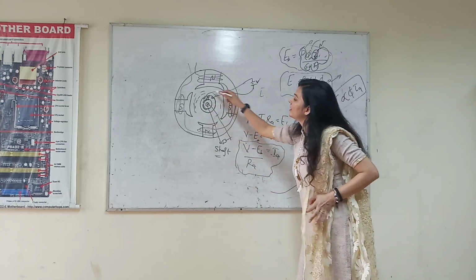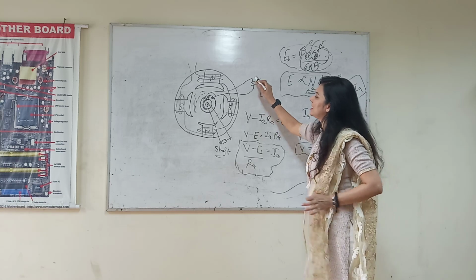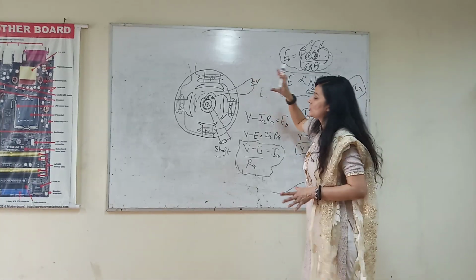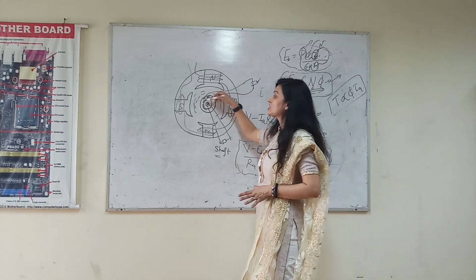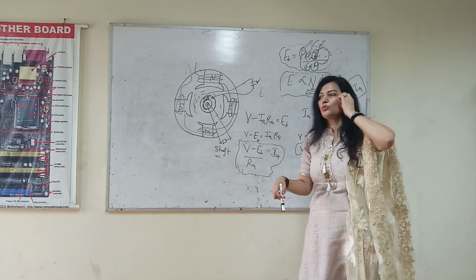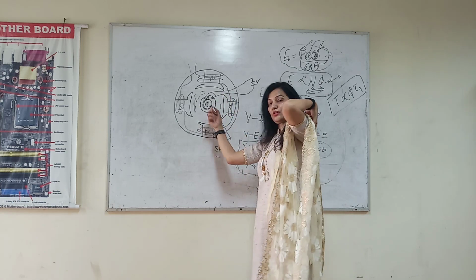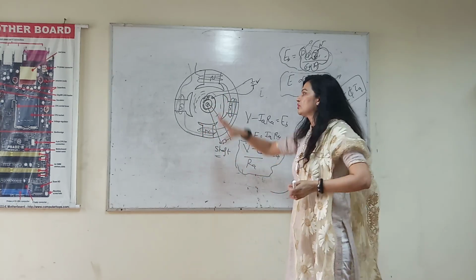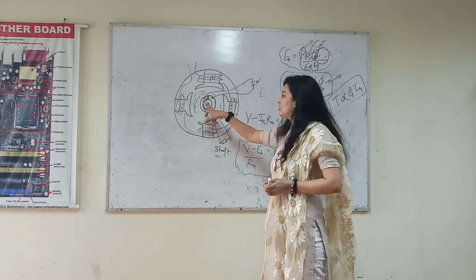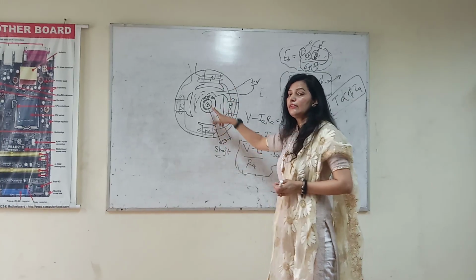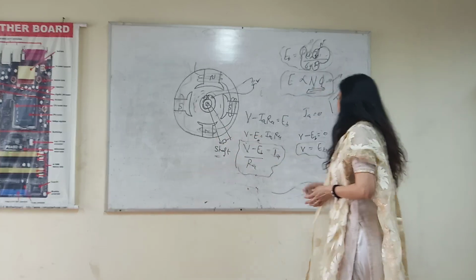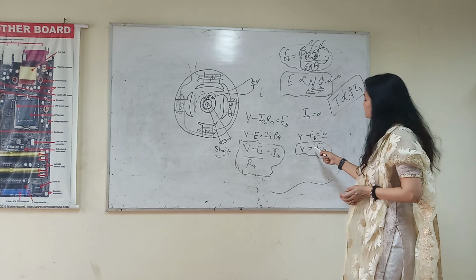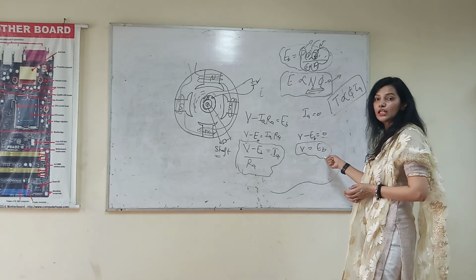यहाँ पर जो current flow हुआ वो किस वजह से? कि हमने armature terminal को supply दी, तो armature conductors में से current flow करना शुरू किया, जिसकी वजह से force exert हुआ conductors पे, और वहां पर driving torque produce हुआ and motor starts rotating. But if you are not connecting any load over here, then there will be no current. No current means then your V will be equal to EB.